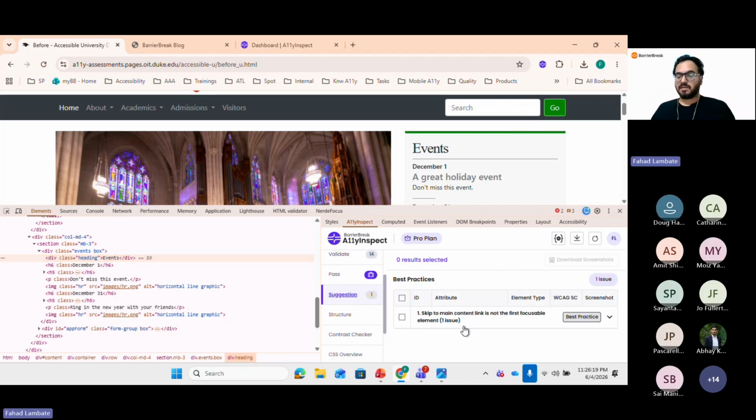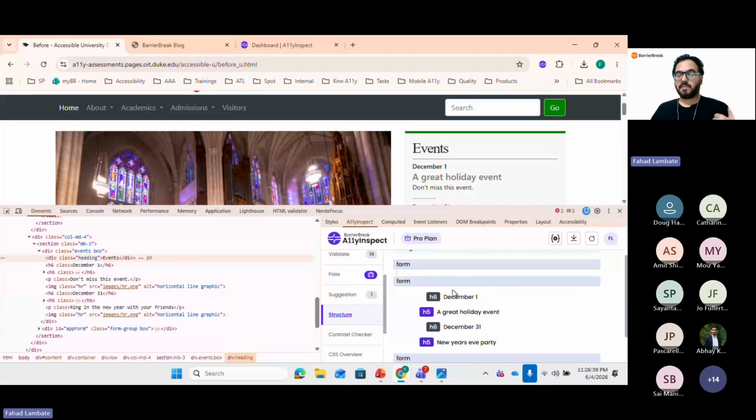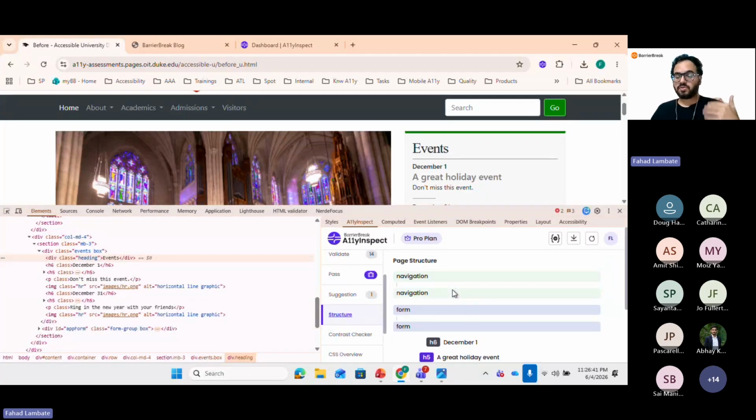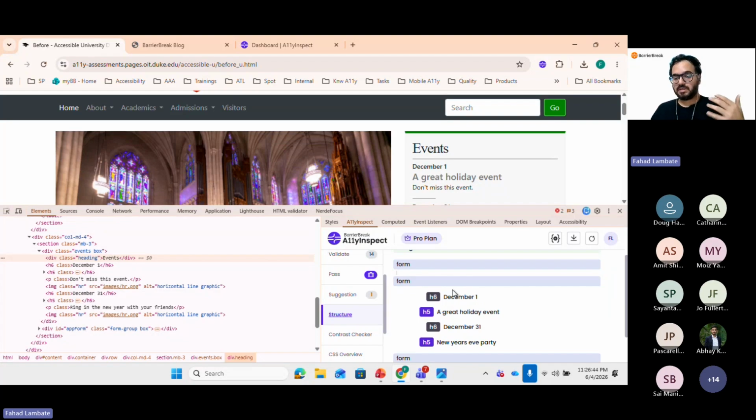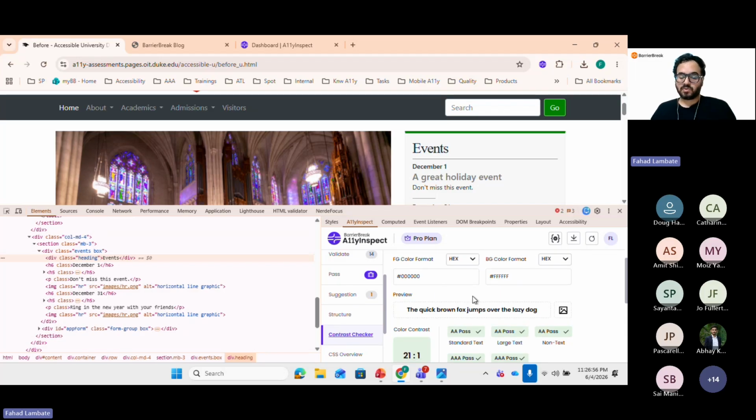So suggestions are nothing but the best practices that you will find on a page, which are not especially a WCAG failure. So this is one of the best practices, stating the skip to main content link is not the first focusable element of the web page, right? Another tab is a structure tab. So this is something which I can say will help you also to determine, because it shows all the landmarks and the headings used. The color contrast checker, this is basically a color contrast playground for you. You can put the hex codes